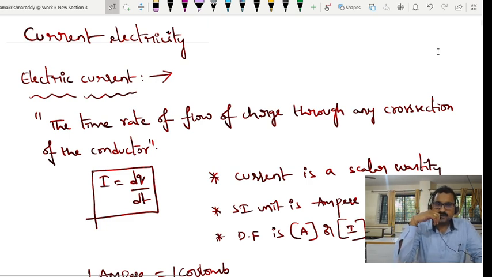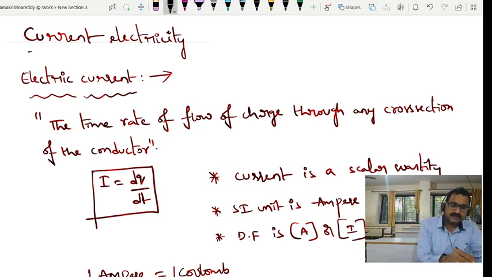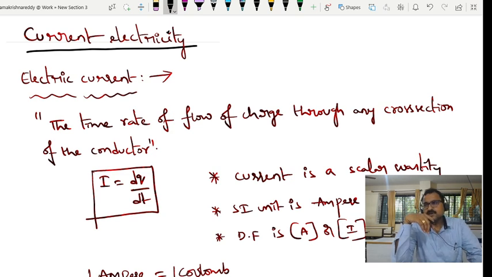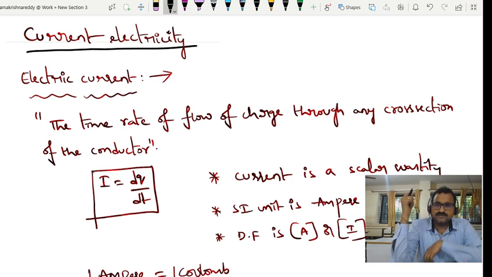So today we are discussing current electricity. This is the current electricity part. First, what is electric current, and after that, what is current density, drift velocity, and how the resistance of a conductor varies. We are writing the resistance relation and resistivity, as well as the variation of resistance or resistivity with temperature, and the color code of carbon resistors. That much we are covering in this.